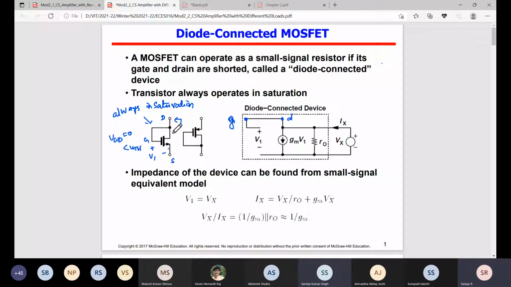I want to find the impedance looking here, between drain and source. This is the drain terminal, this is the source terminal. Apply the voltage Vx, find Ix, and Vx by Ix is that impedance. You know Thevenin's theorem: apply the voltage, find the current, and voltage by current is the Thevenin resistance. V Thevenin by I gives the R Thevenin. Similarly, looking at the impedance here, Vx divided by Ix. Is it clear how we measure the impedance? Any doubts?